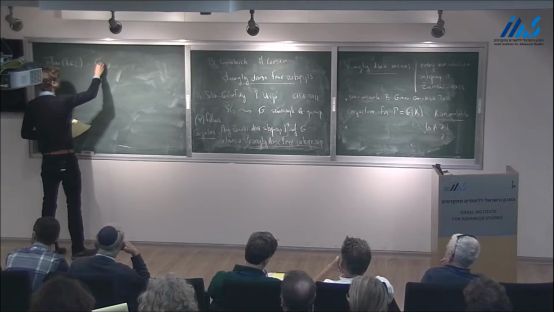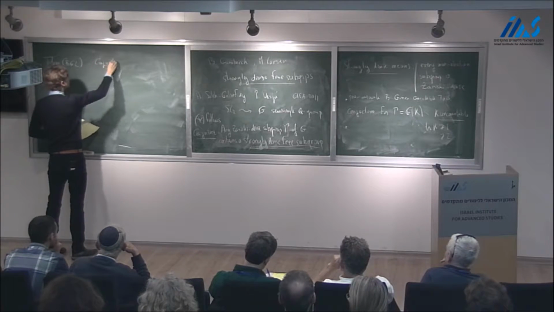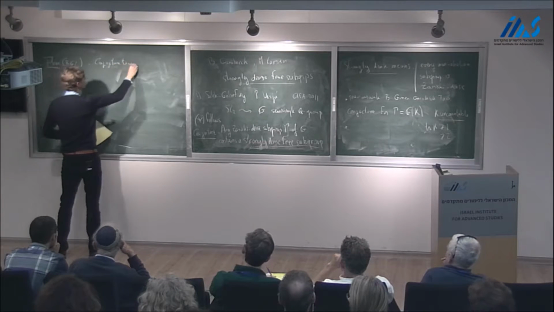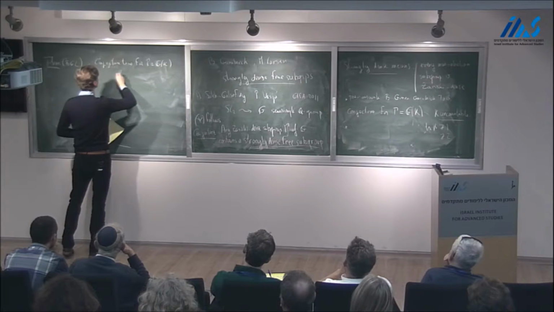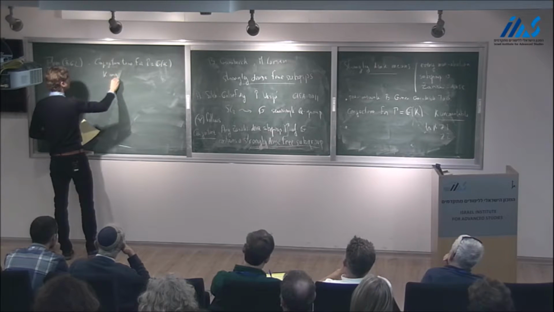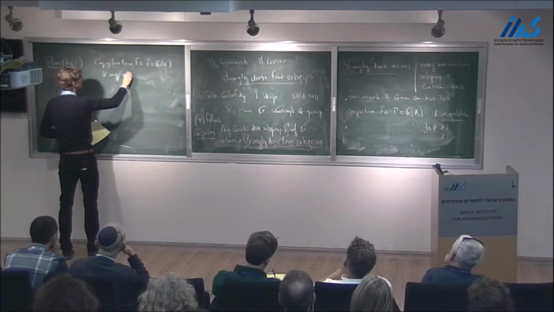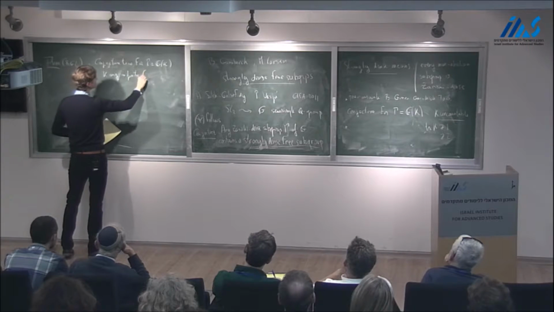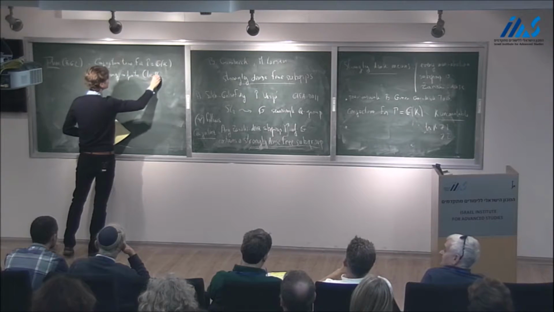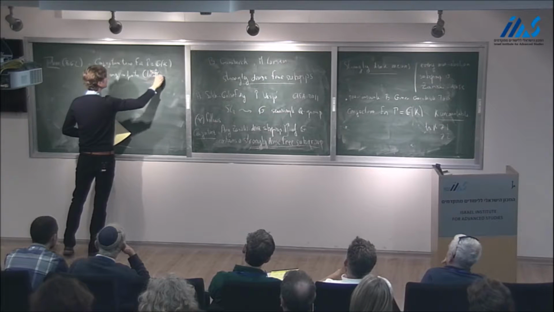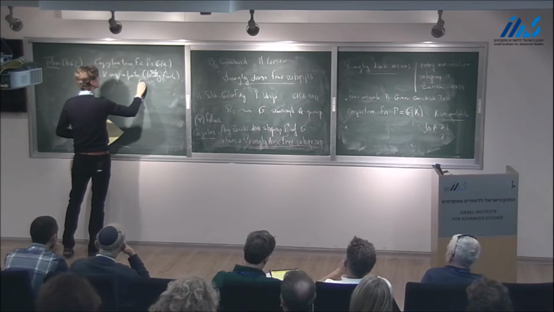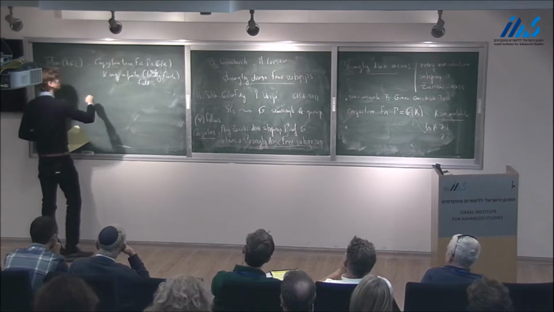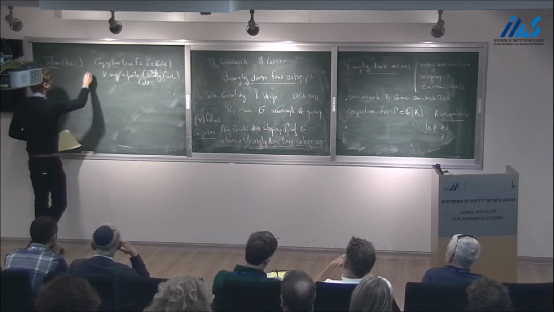So in fact, the conjecture is true for gamma equals G of K, where K is any infinite field. Well, it should not be a locally finite field. So it's true for G of Q, for example,